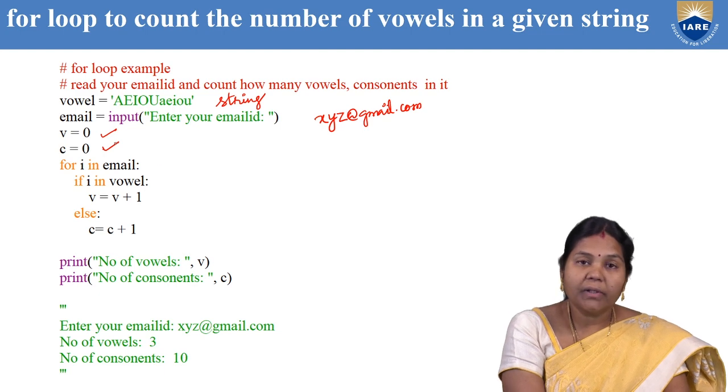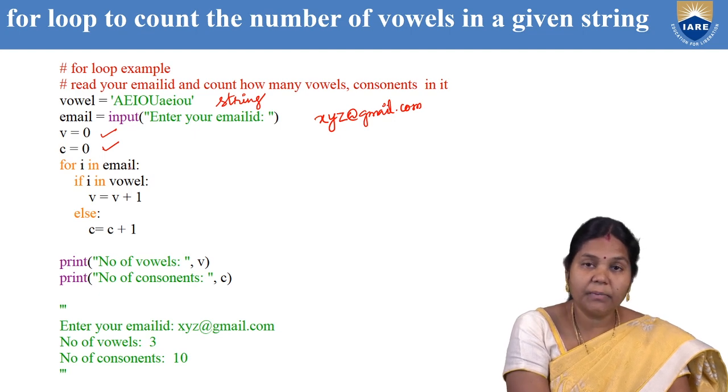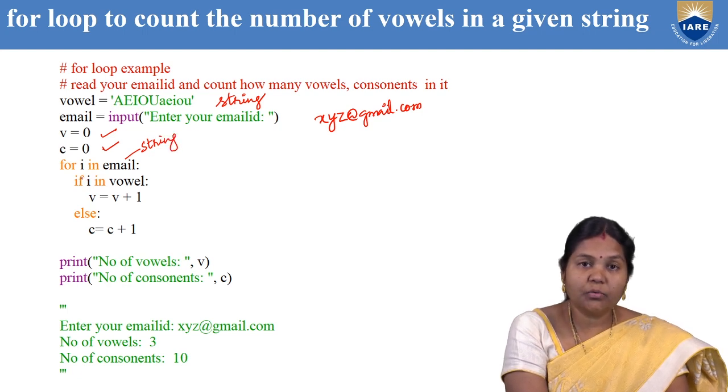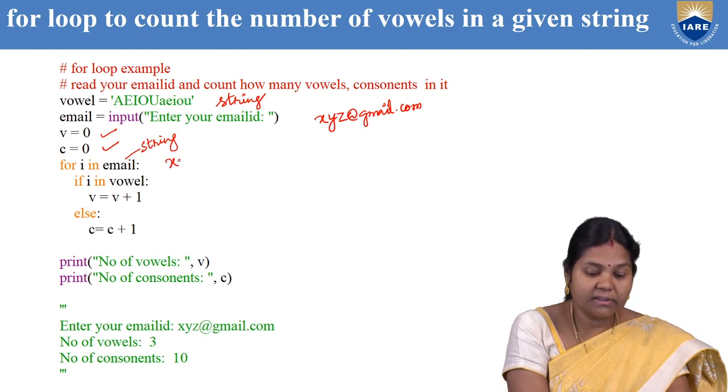Okay. Now, using a for loop, the for loop works as an iterator for a string in this case. So, for i in email, which is a string, this variable iterates over the string until the string ends. So it will iterate over the string. The string is xyz@gmail.com,